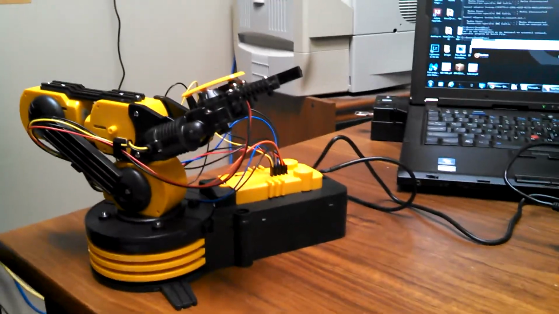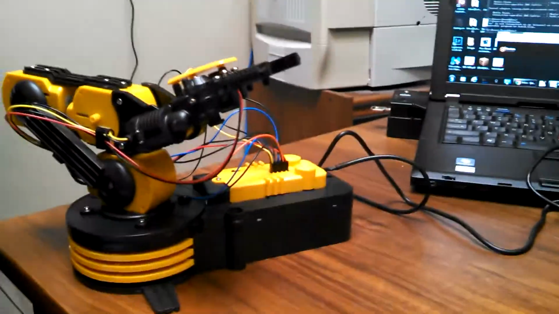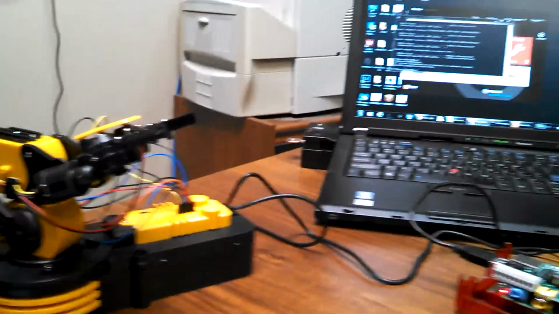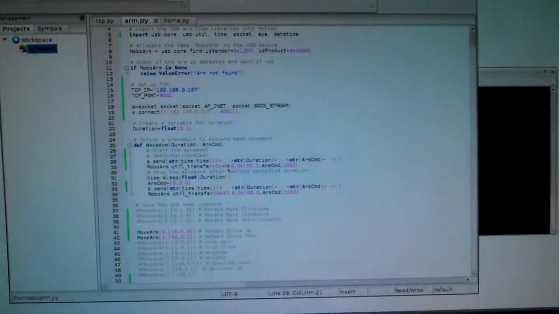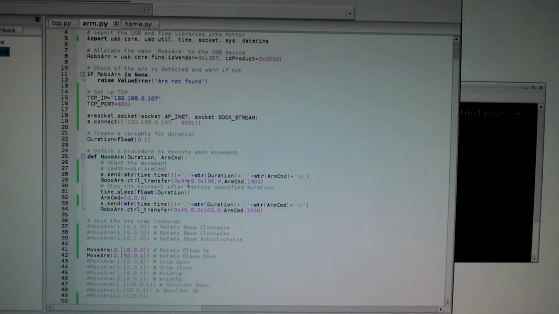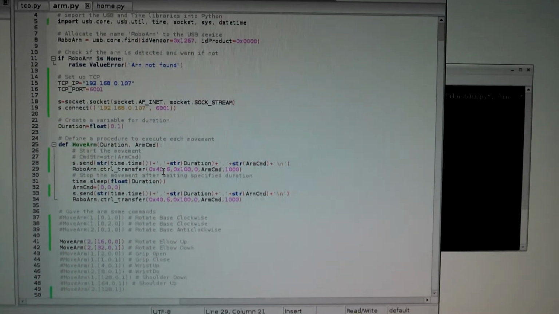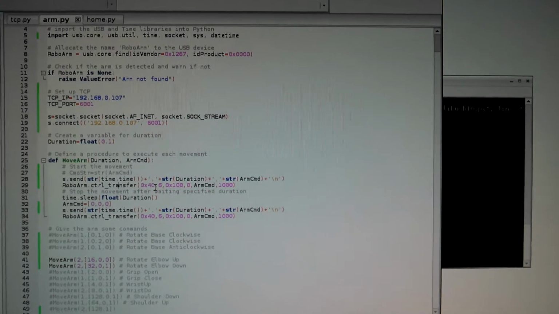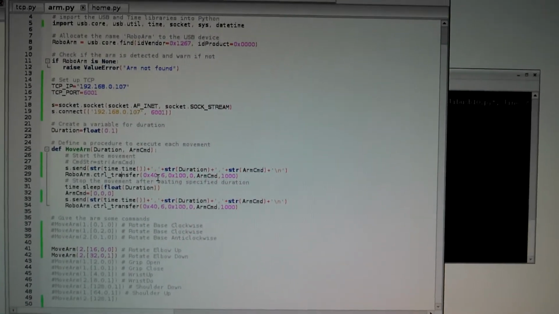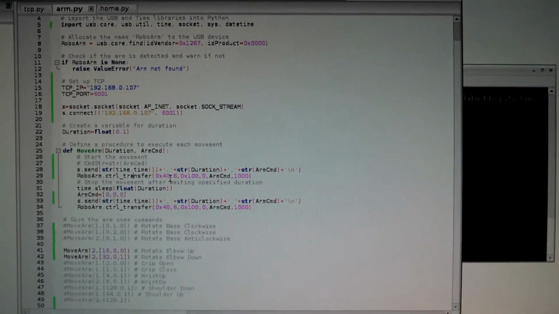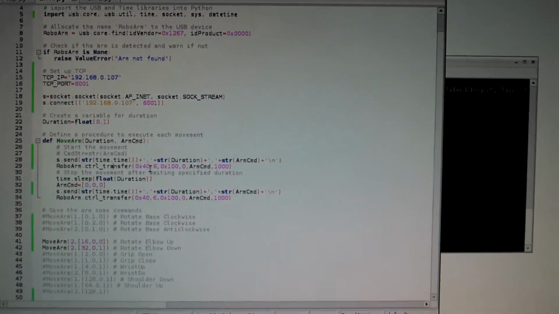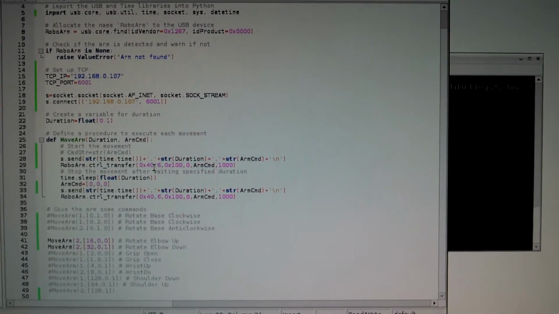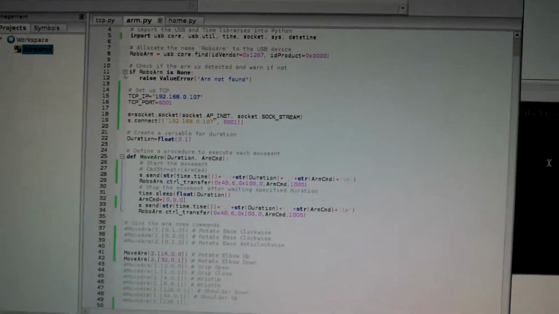And I've written a Python program, which I can show you really briefly here, that takes the commands to control the robot arm, and every time it sends a command, it also sends to the TCP port of the Linux host a string of the time and the command that it sent and the duration of the command. So what I'm doing over on the stream side